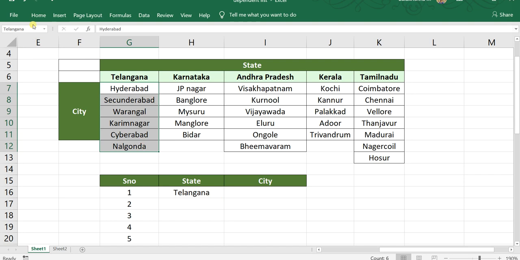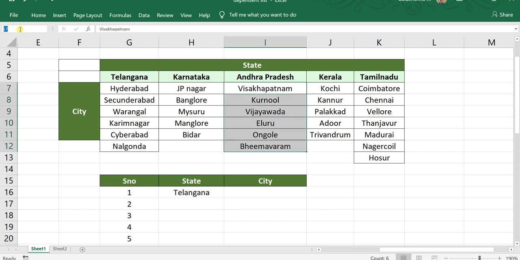So write the name and enter, and similarly create for the next state, Karnataka. Enter. Similarly create for Andhra Pradesh, Kerala, and Tamil Nadu.